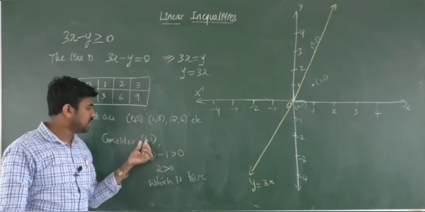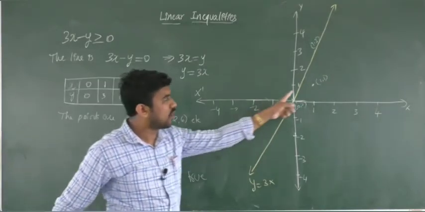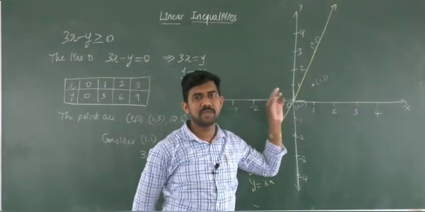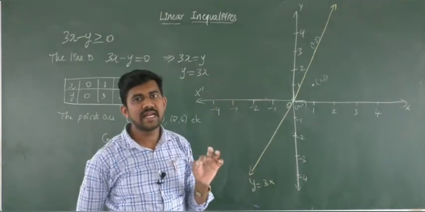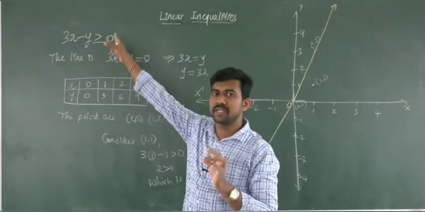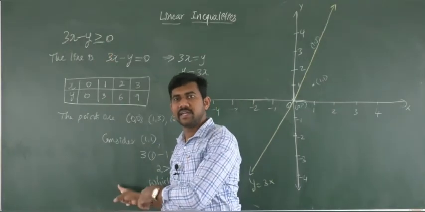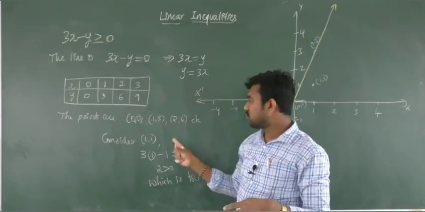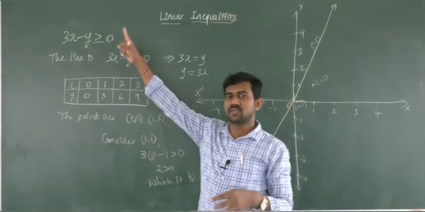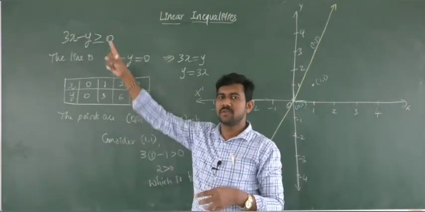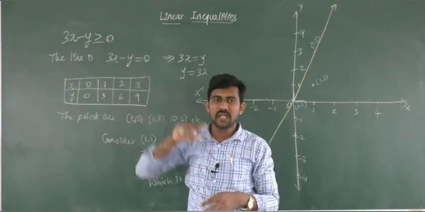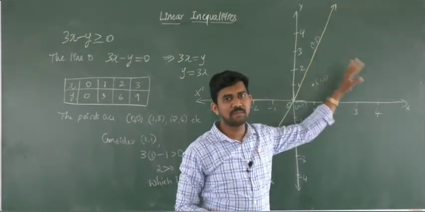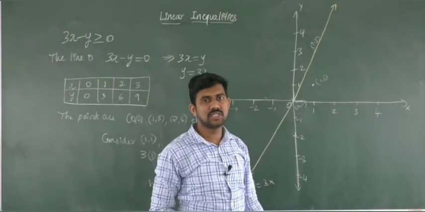So we can observe here, we considered a point which does not lie on the line, and it may be in the upper half plane or in the lower half plane. I considered one point on the plane, substituted its coordinates in the given inequation, and arrived here that the point satisfies the given inequation. So this is also a solution, one of the solutions of the given inequation. The other solutions we will get clearly lie on this side only, the lower half plane. The lower half plane is the solution region.